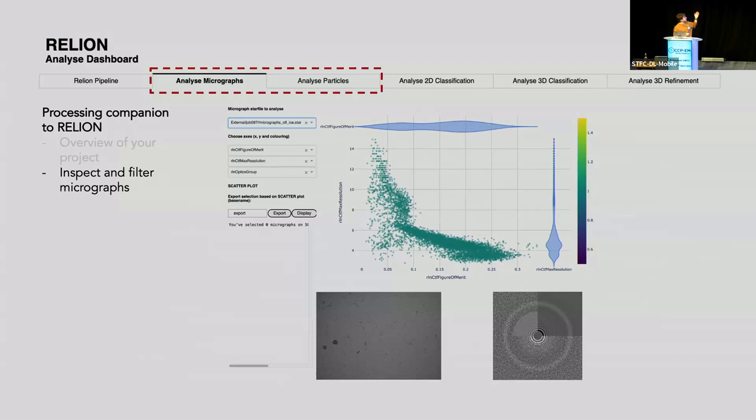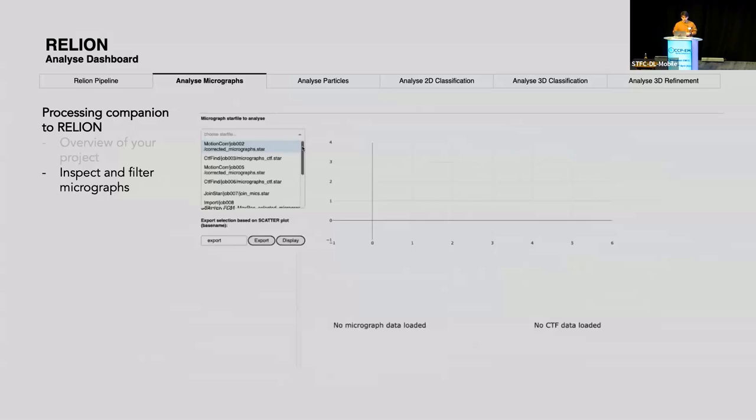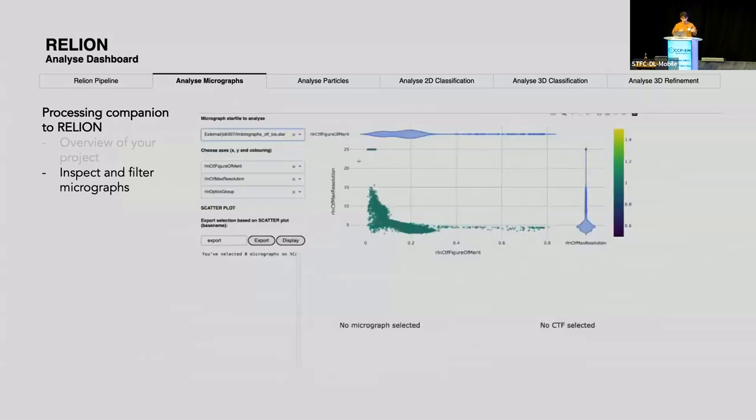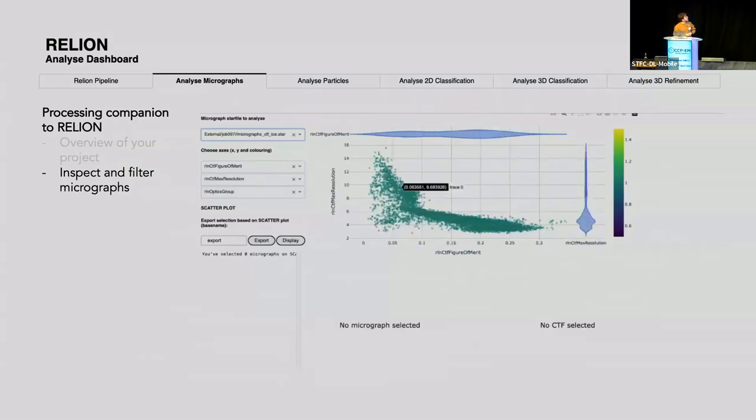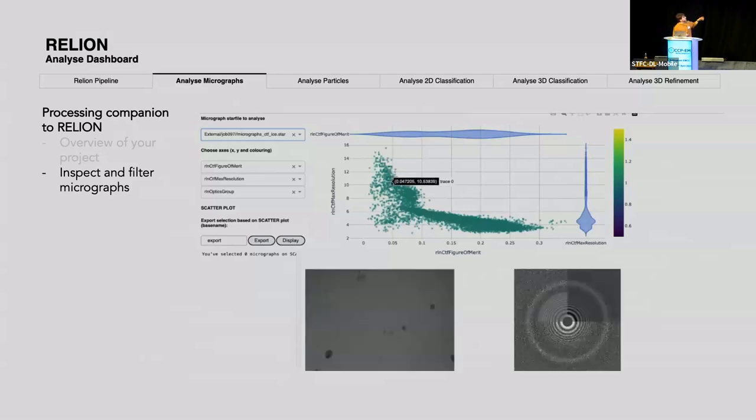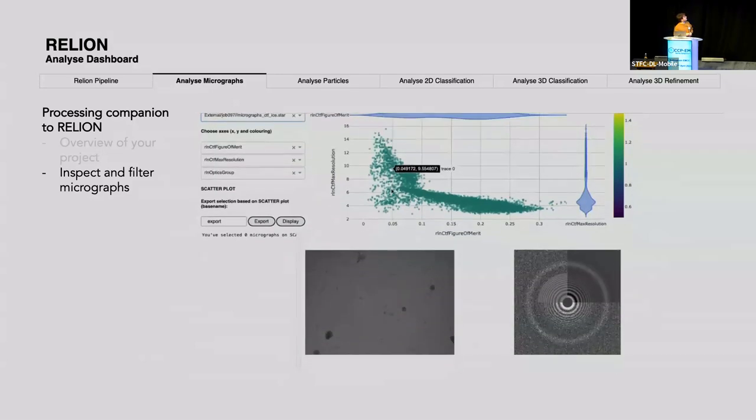You can easily see that some clusters of micrographs appear, and maybe they share common features. So analyzing them individually would be quite straightforward. You choose any job that contains micrographs. It is automatically plotted. You can see already that there are a few outliers. If you want to focus in a certain area, you just zoom in, click on individual points, and see how